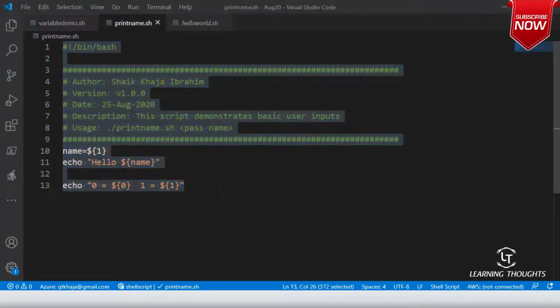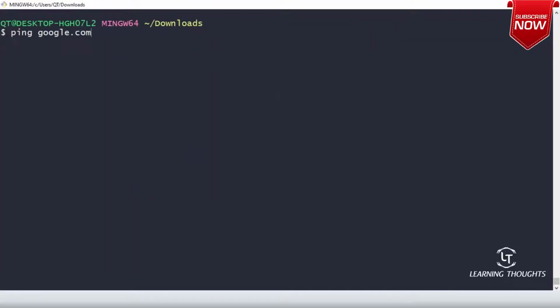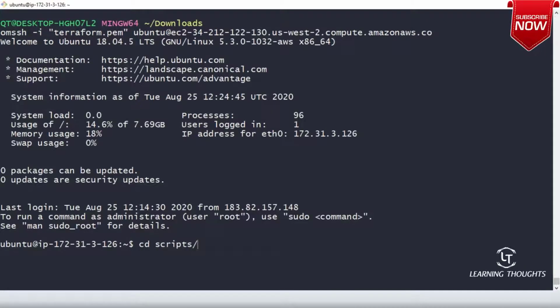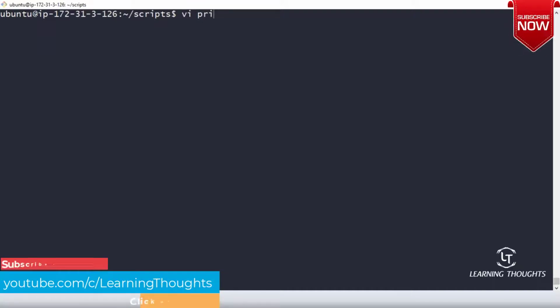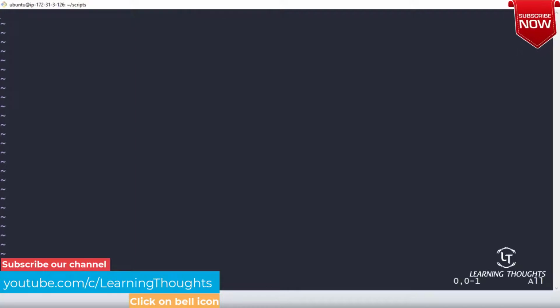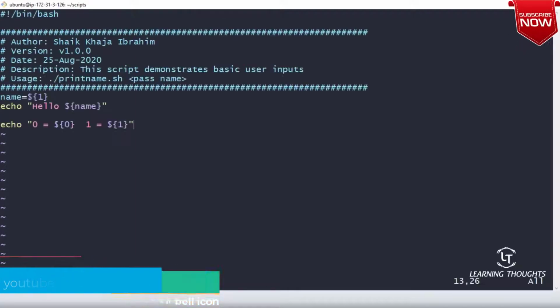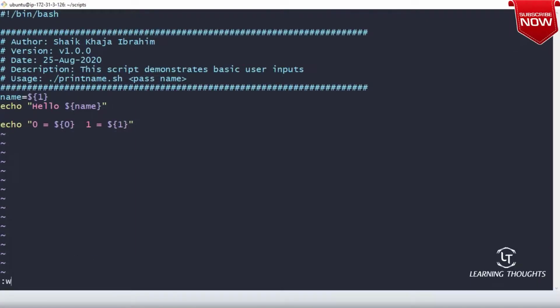So let me take this script, log in into this machine, get into the scripts folder. Okay. Vi print name dot sh, and let me insert all of this.